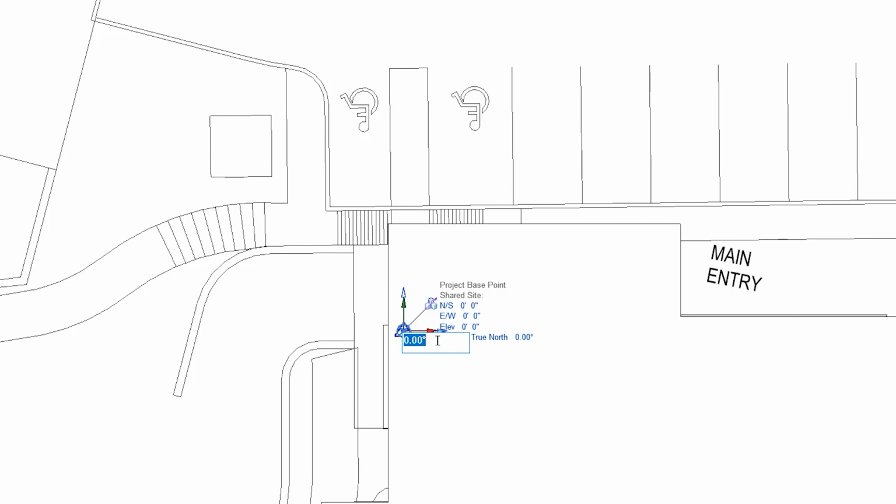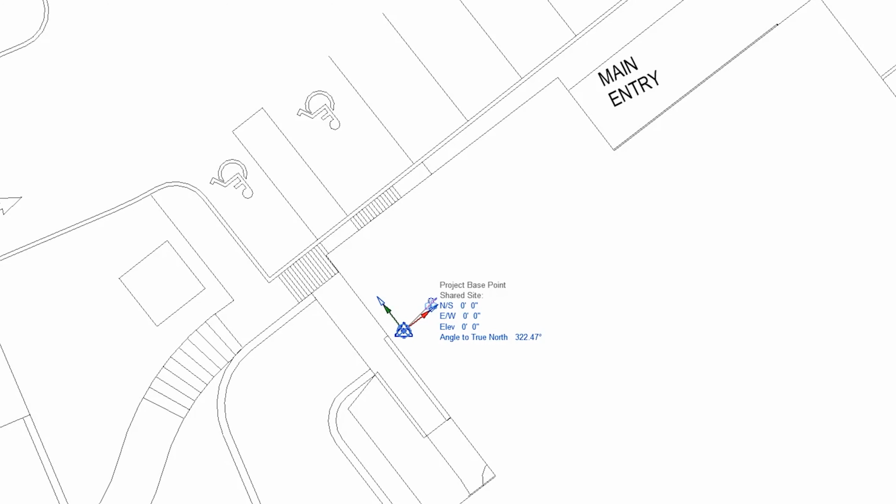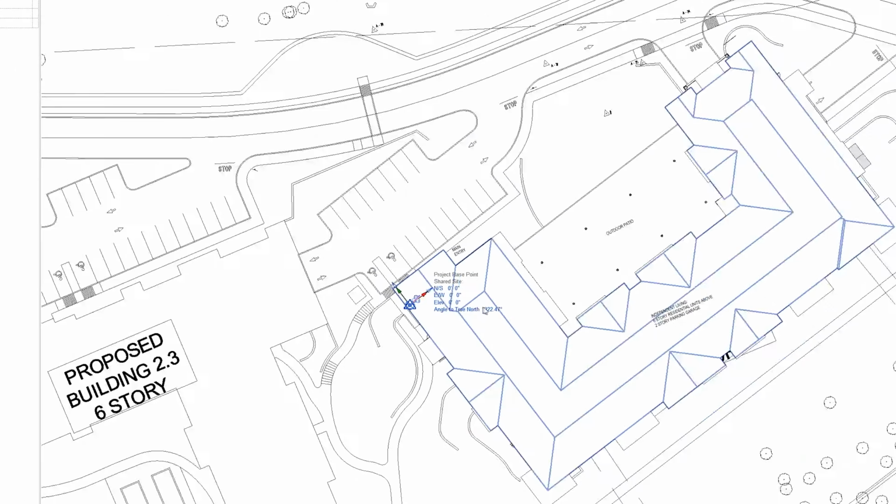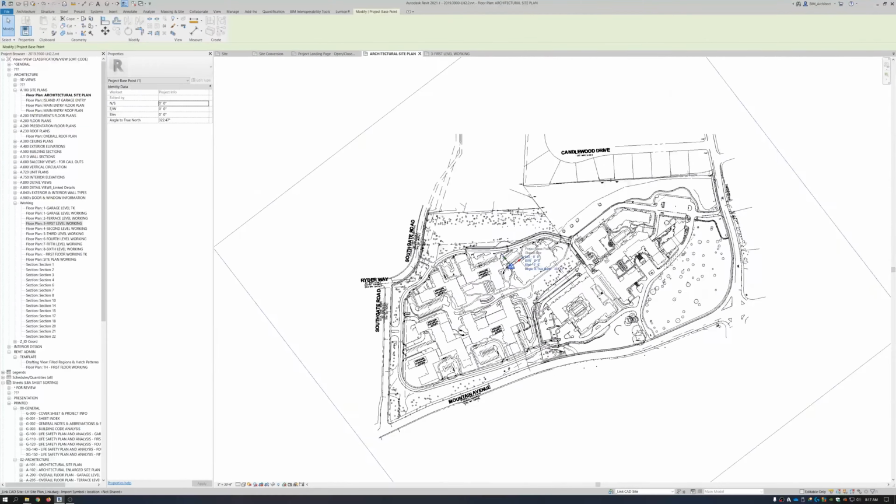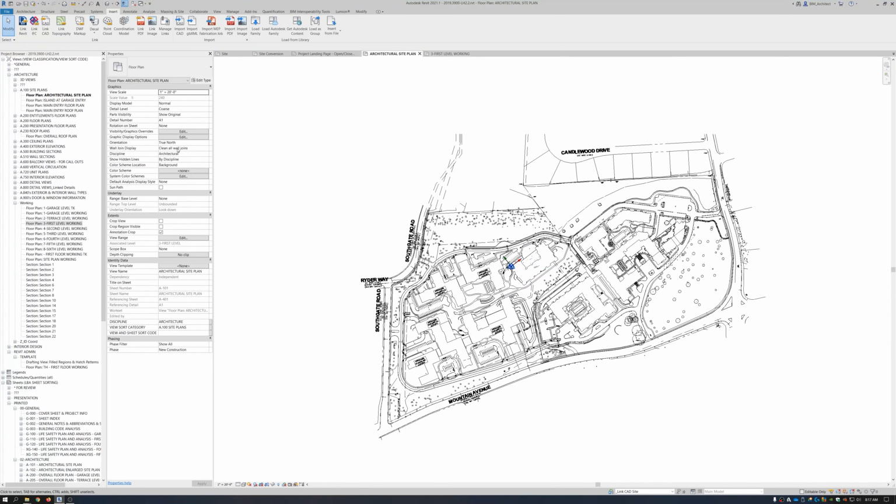If you click in there, you can now type in that 37.53 to rotate the angle to true north. But because we rotated clockwise 37.53, we need to enter a negative 37.53 and establish that angle to true north. Now, as you can see, it immediately rotated my site, because this particular architectural site plan view is